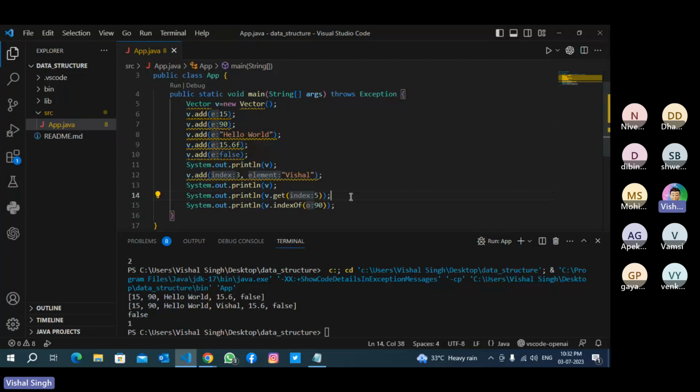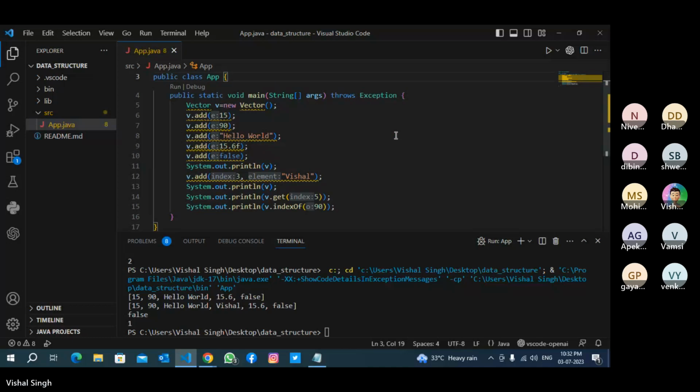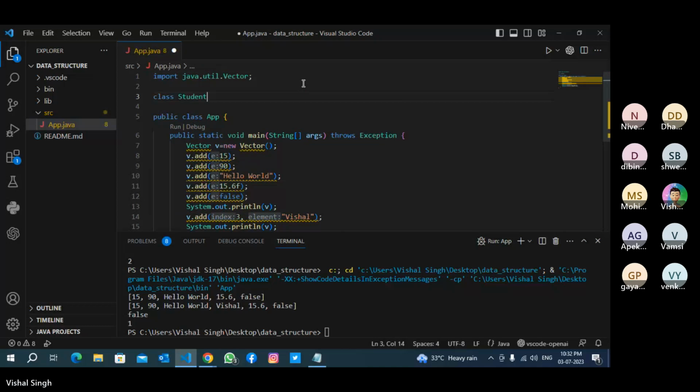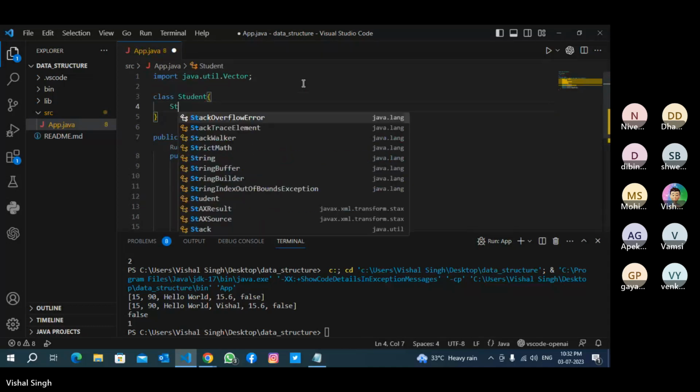And it is not like we can only add integer, float, boolean, primitive data types. You can also add your user defined classes. See, if we have created a class Student, write a constructor.